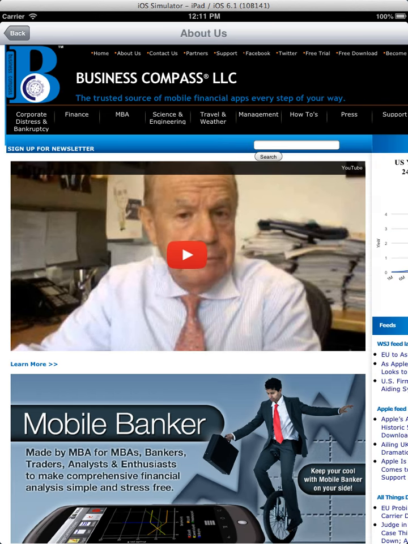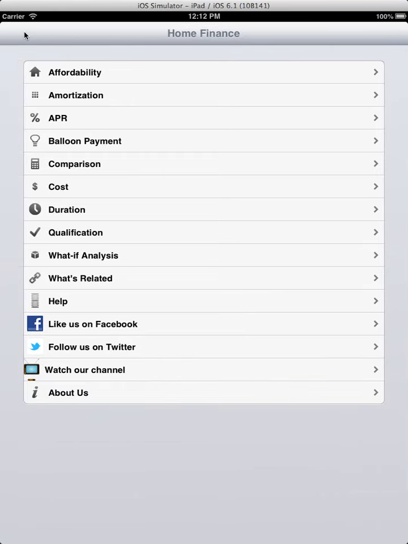Good morning. My name is Srivatsa Das. I am the founder of Business Compass LLC. I'm here today to walk you through the functionalities of Home Finance Professional iPhone and iPad mobile application. This application is also available on Android and BlackBerry platforms, and this is a comprehensive application